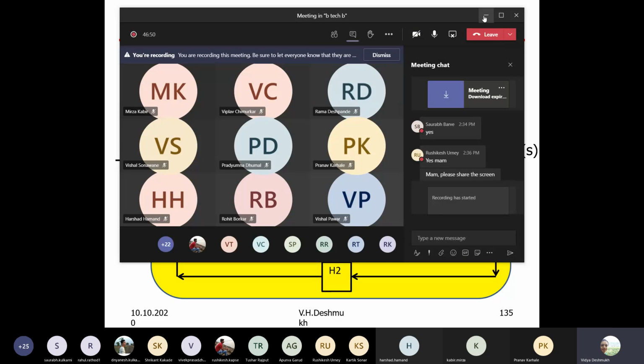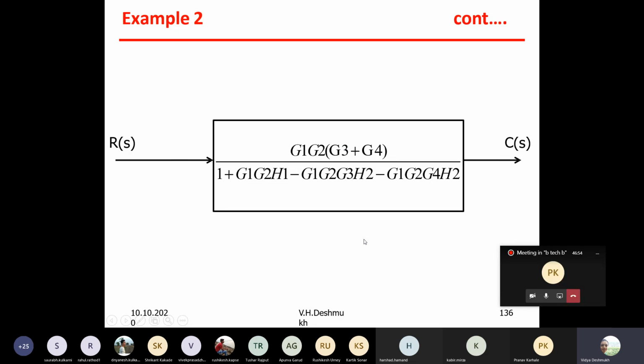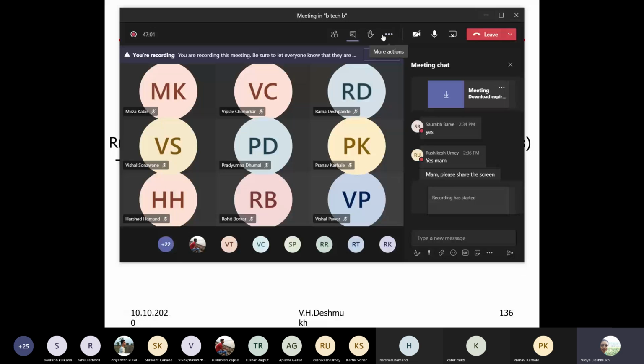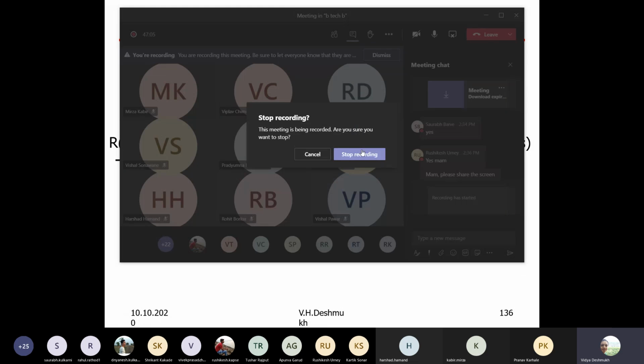So we got this transfer function, a single transfer function. So we replace the whole block diagram in a single block. Okay, so we replace the block diagram in a single block by